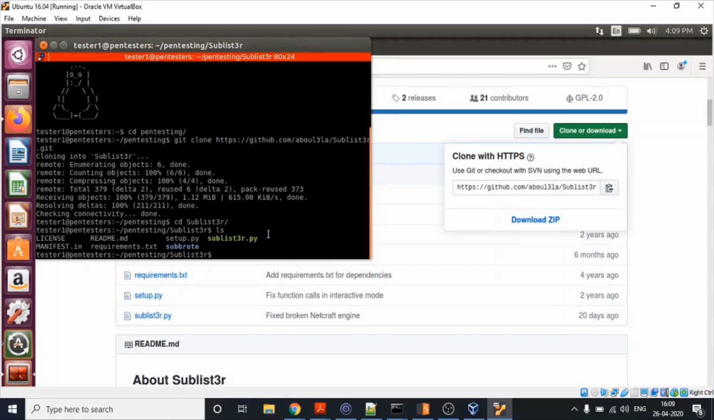As you can see over here, it has a Python extension, so you must have Python installed into your system before you can use Sublist3r. The syntax for it is pretty simple. Just type python sublist3r.py -d. The -d is used to denote the domain. For example,